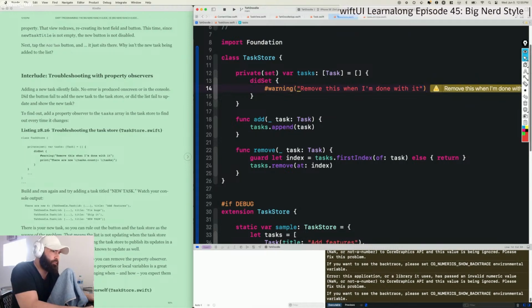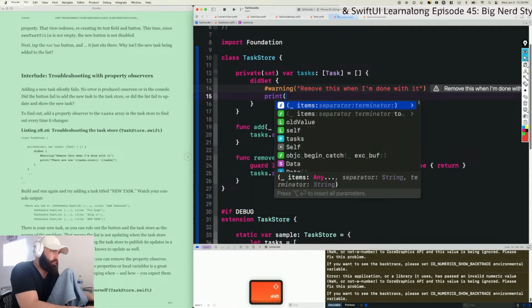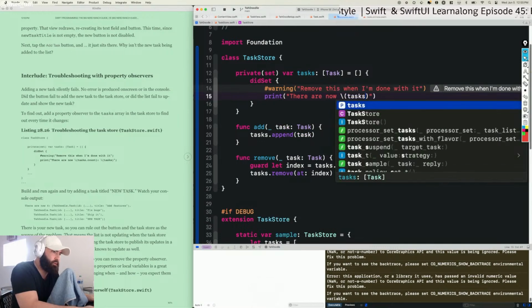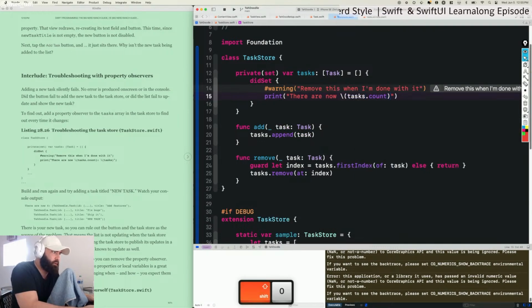Okay. Print. There are now, with escape character string interpolation. So we're pulling in the number of tasks. There are now